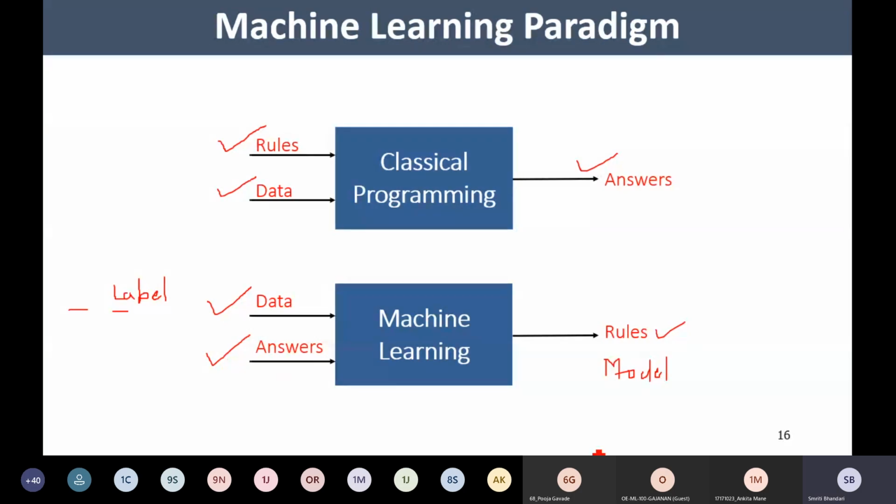Say for example, if I am providing a cat image as input, then my machine learning algorithm may give me that there is an 80% chance that this image is of a cat. Or my machine learning system may provide me that there is only a 20% chance that this image is a cat. So this is what we sometimes get. It depends on the algorithm that we are using. So if we have such probabilities of